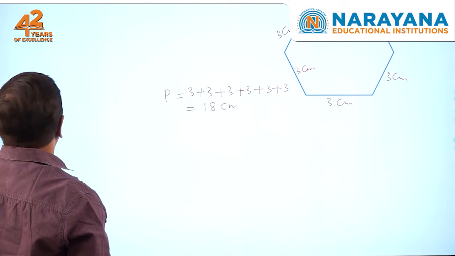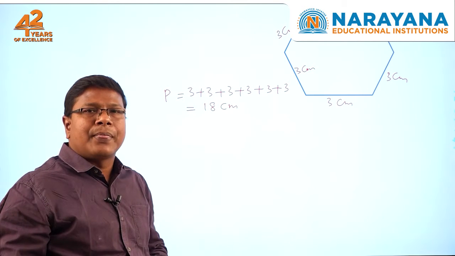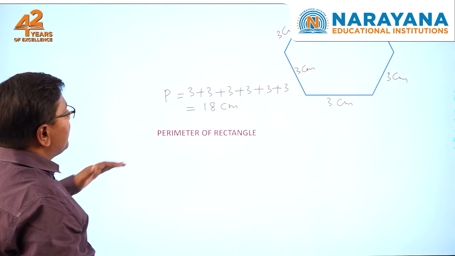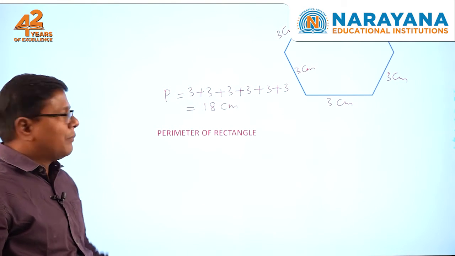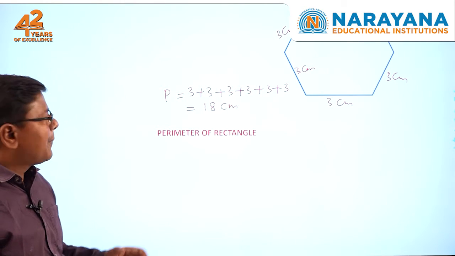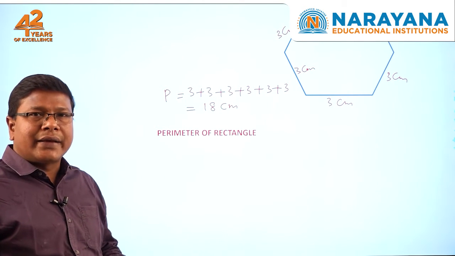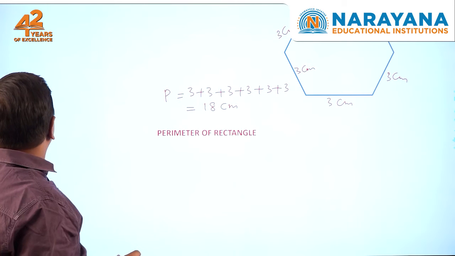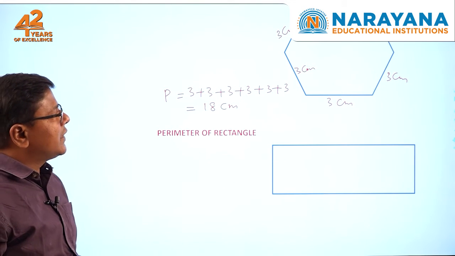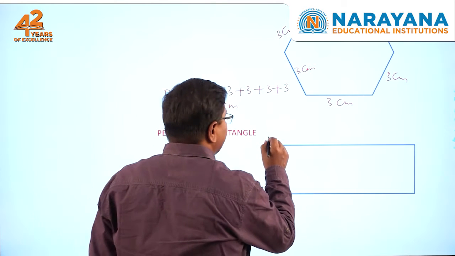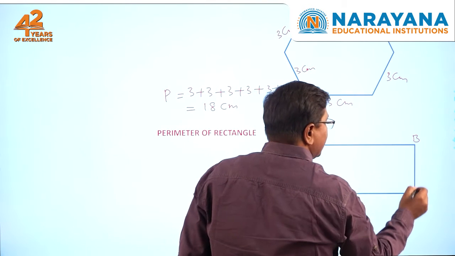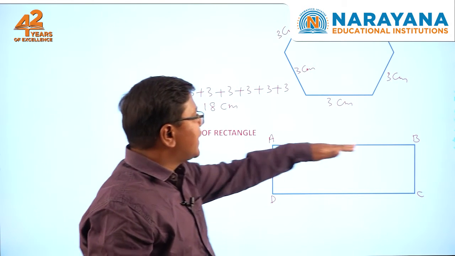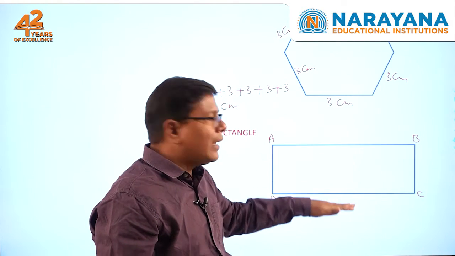Now, this is about finding the perimeter of polygons. Now, come to the perimeter of the rectangle. We know the properties of rectangles: in a rectangle, opposite sides are equal and parallel, right. For example, this is the rectangle, let the vertices of the rectangle be A, B, C and D, right. So, we know that opposite sides of a rectangle are equal and also parallel.